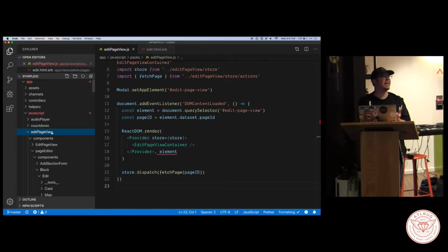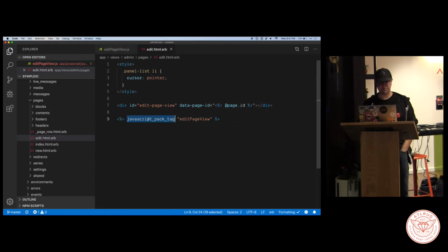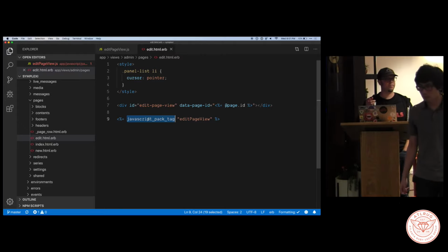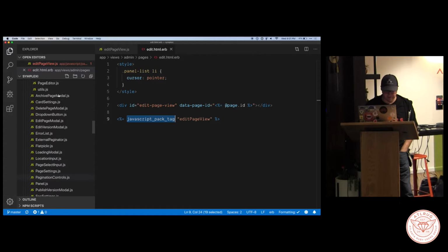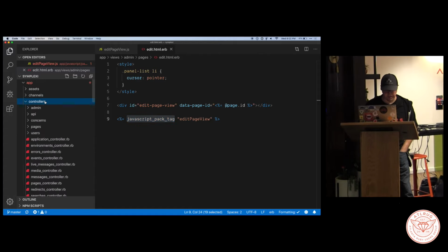But when you're thinking about what's the handoff between Rails and Webpacker, your front-end app, and then back to Rails, it's that JavaScript pack tag to get over into JavaScript world. And then it's just AJAX requests in whatever way you want to do it to get back to the server side. And I'll show you just so you can kind of get your head around it. That API controller is exactly what you would expect,